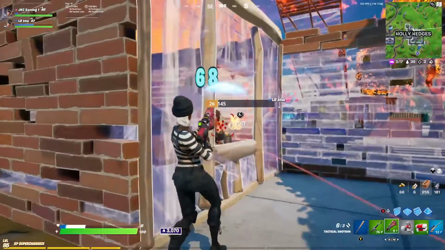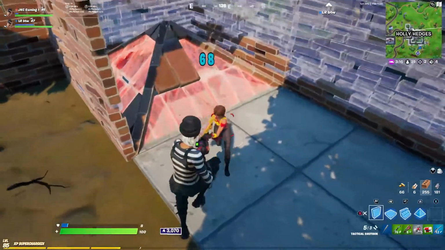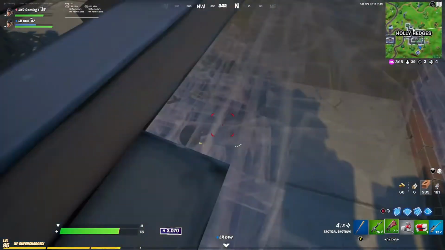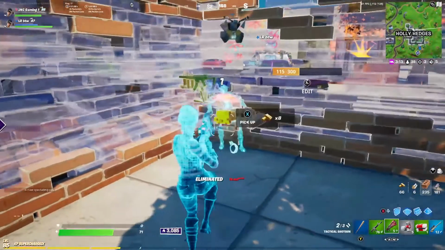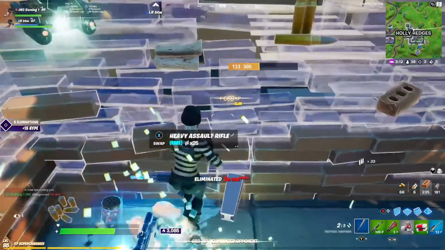Just after here, I get a nice shot on him, but I don't hold the wall, so he just sprays through, and although I get a couple more hits on him, I end up taking way more damage than I need to take. I then do some decent shots to finish off the fight, but it ends up being a lot closer than it had to be, all because I didn't keep high ground at the start of the fight